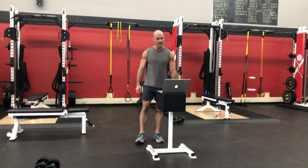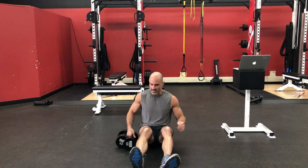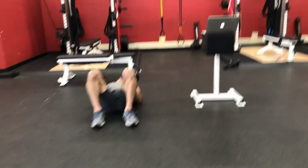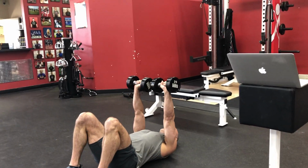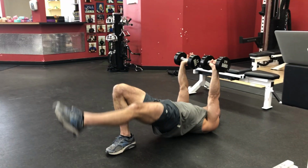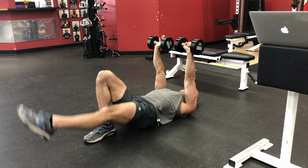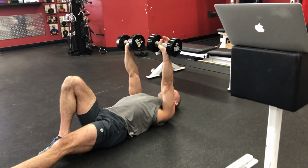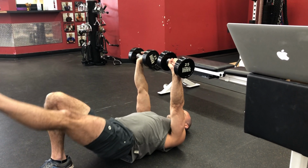One leg hip thrust with lateral leg whip. I'm gonna grab my dumbbells. I'm gonna go ahead and place these overhead. So single leg is gonna come down, I'm gonna come up, lateral leg whip out, back down. 1, 1, notice how as I come up, I keep my hips up as I come out, I don't drop these hips down. 3,